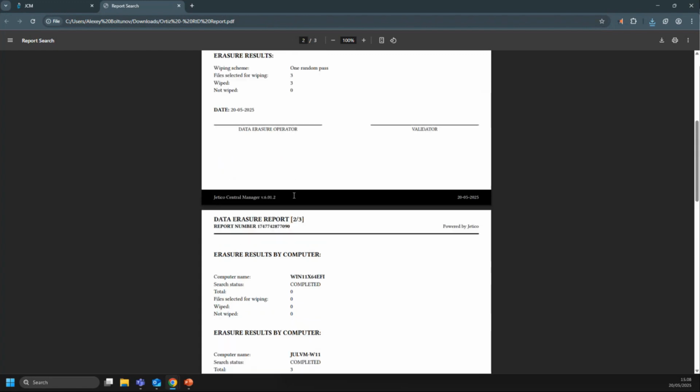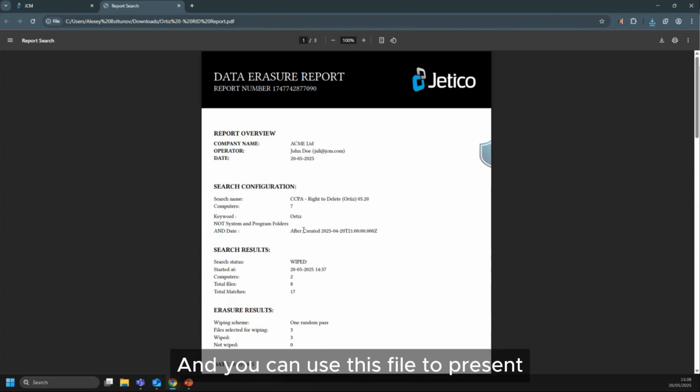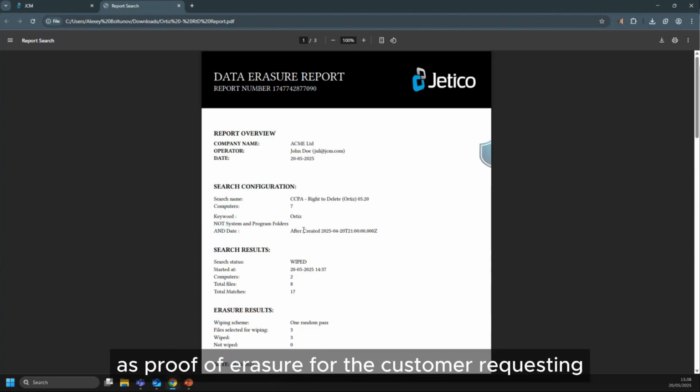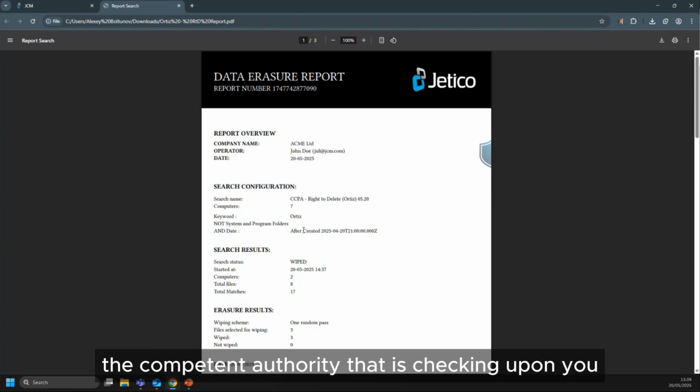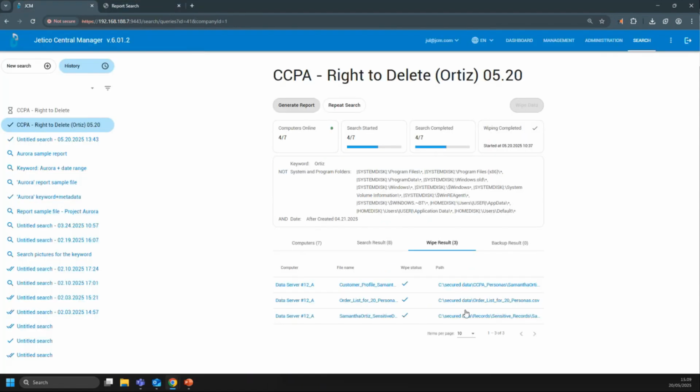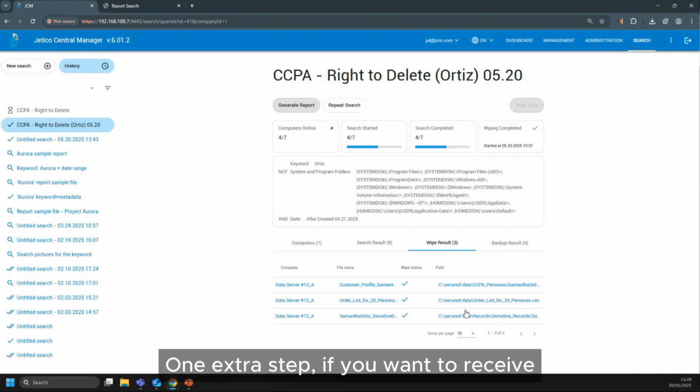task. And you can use this file to present as proof of erasure for the customer requesting to exercise their right to delete, but also for the competent authority that is checking up on you with regards to similar right to delete requests. One extra step, if you want to